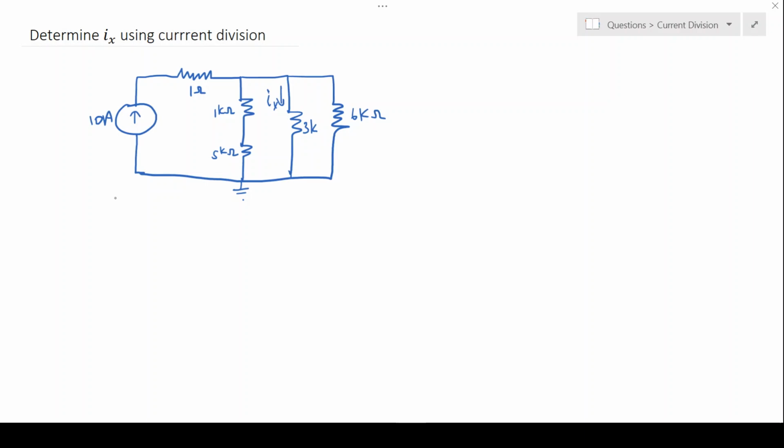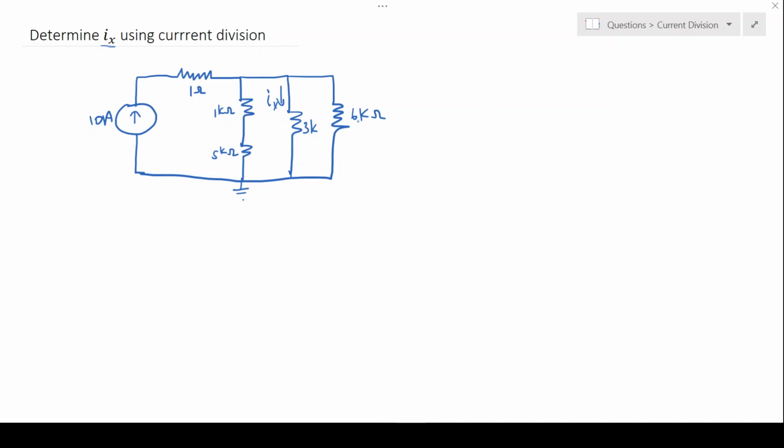So in this example we're going to be looking at current division, and the question reads, determine the current Ix using current division. So we can see the current Ix is the current sitting in the branch that's in between, and we have three branches effectively that are in parallel to each other. We've got an input current of 10 amps, and we should be able to see that that current will split